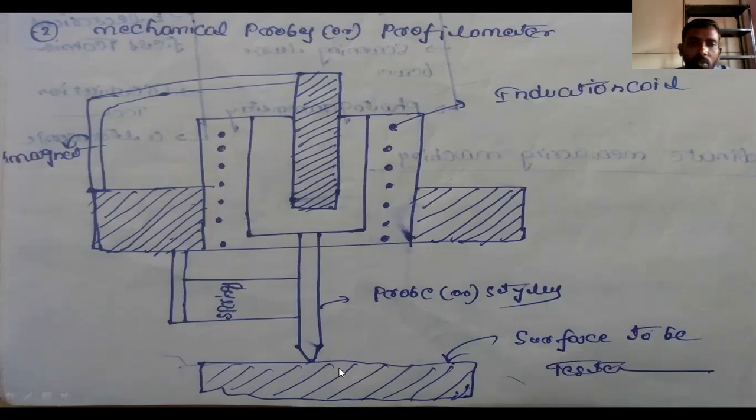It is a part. When the magnet is in contact with the spring, the spring moves the probe. When they apply force on this magnet, automatically the probe will move forward and backward. When we apply the force on this probe, the force contacts the part, the surface to be tested. When the testing is over, the spring moves backward, so the probe goes upward. So this is the working of the mechanical probe.